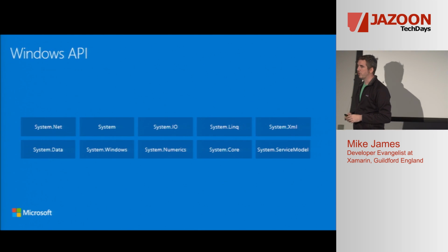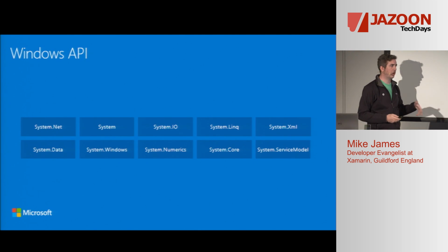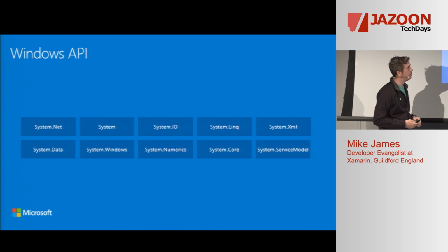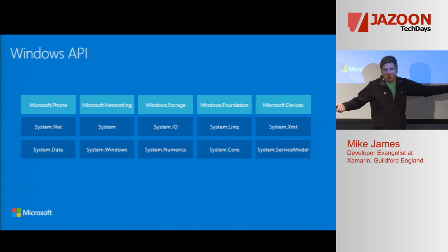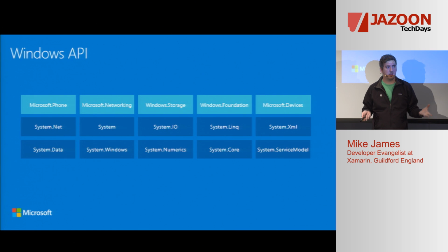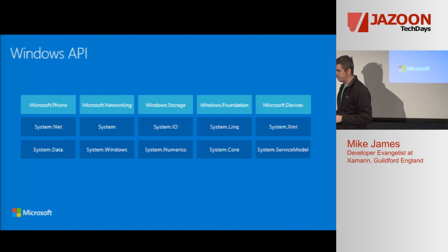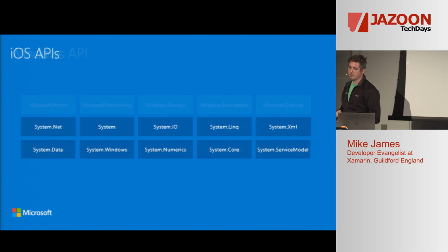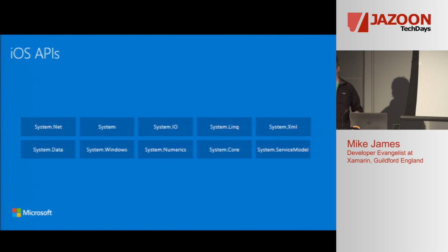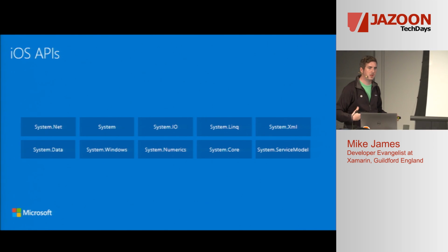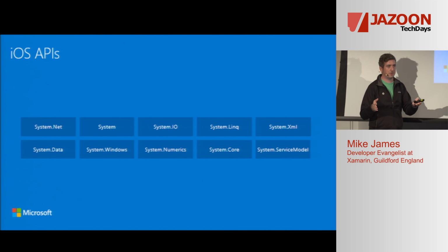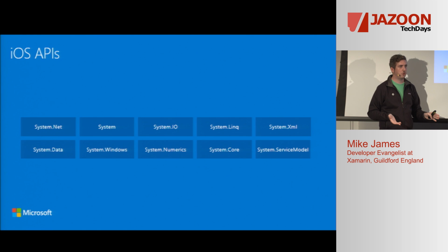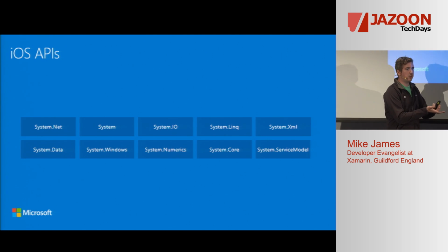Just like when Microsoft release a new product, be it WinRT, HoloLens, Xbox, and they give us some new APIs built on top of the base class library, we know it's really easy to get started with this. It's just some new APIs that we need to learn, and then we'll be masters of this new platform. Well, we've done exactly the same for iOS. So we have the base class library and all of the classes that we know and love. A lot of your existing .NET code you can convert, and if you've got Java, there are conversion tools out there to convert from Java to C#.